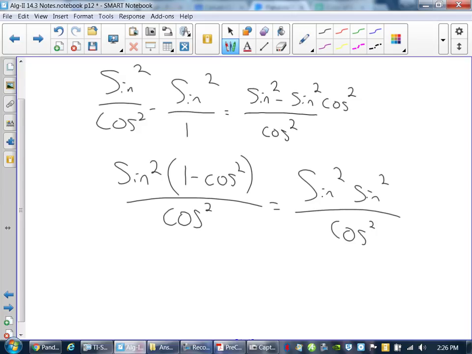And then you expand. Since it's all multiplying, I can put that cosine out of the denominator underneath either one of those two numerator parts, because you just multiply straight across. You get sine squared over cosine squared, which is,